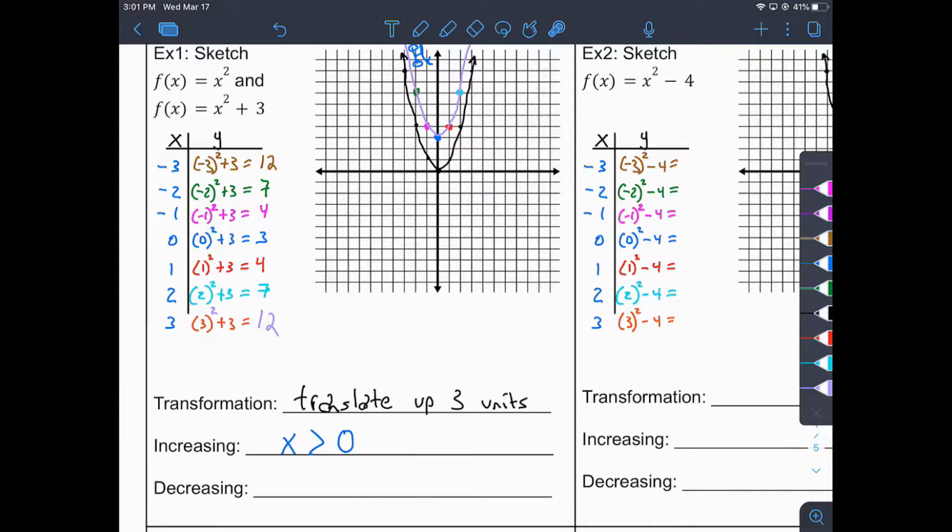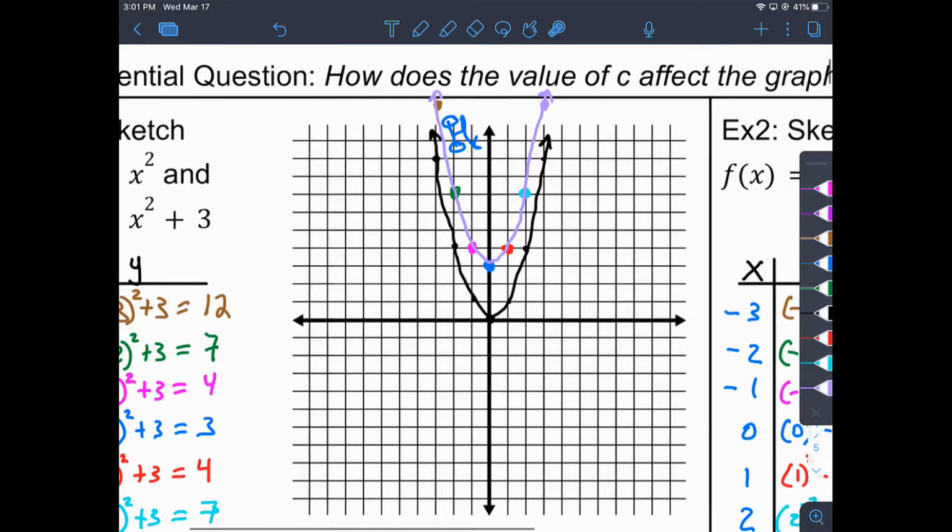But because it didn't shift left or right, it starts at that 0 position. What about decreasing? Well, decreasing kind of matches where I rode the bike. Where is it decreasing? Where is it going downhill? Where are you riding the bike down the hill? And it would be everything until you hit, well, I guess in this case, the bottom or the vertex position. So it's decreasing. You're riding down the hill